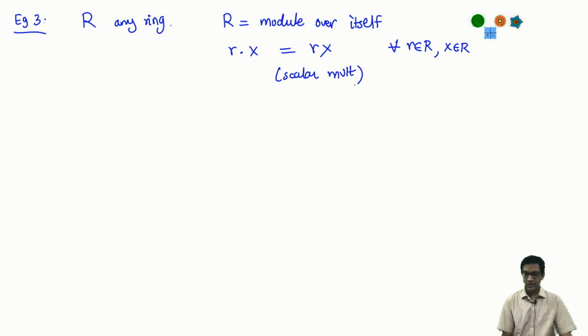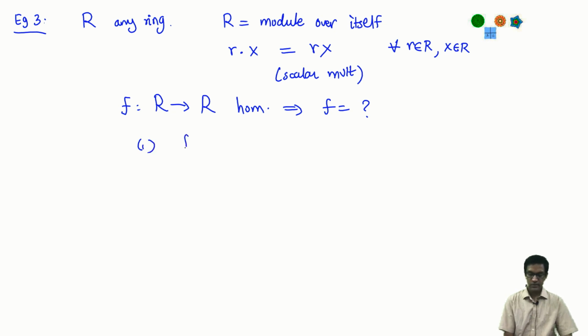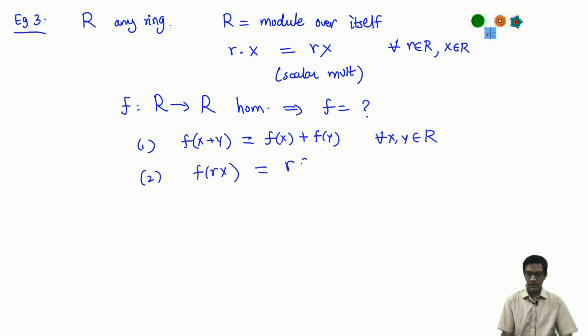Now let's ask, when you think of R as a module over itself in this manner, what are homomorphisms from R to R? So I want to know, if f is a homomorphism, then what can I conclude about f? What sorts of possibilities are there? So let's again plug into the definition. A homomorphism means f of x plus y is f x plus f y for all x, y in R. Property 2 says f of r x is r f x